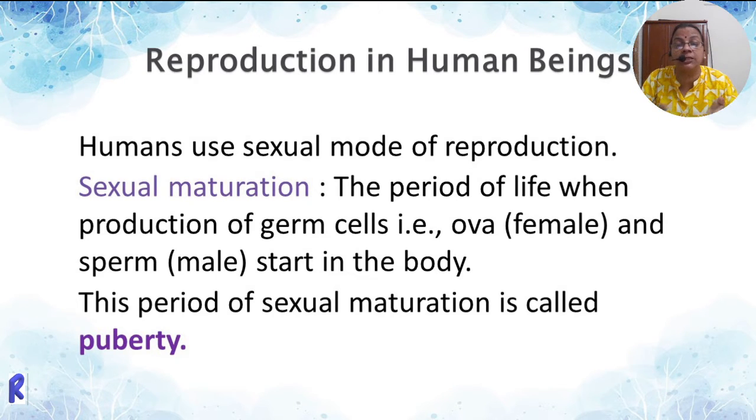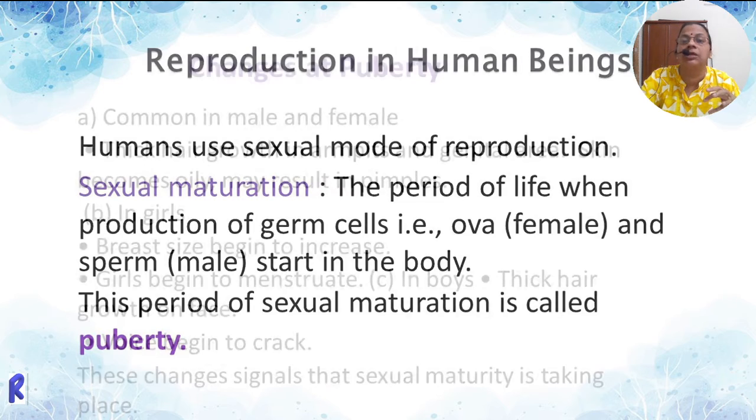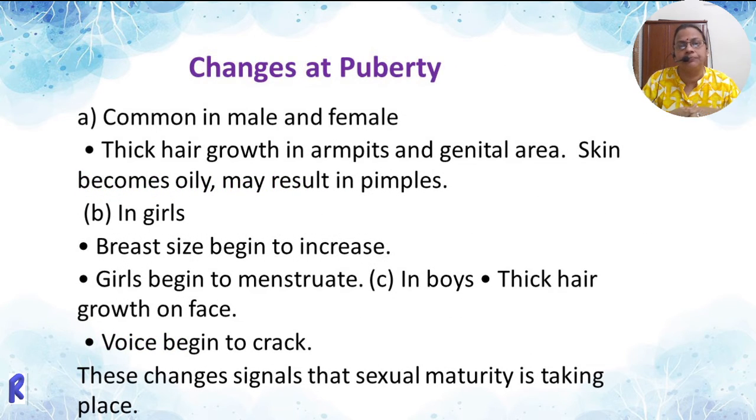That transition period of transforming from a boy to a man, a girl to a woman is called puberty. From that pubertal time onwards, in the man, the reproductive structures, the testes, will produce the sperm, the male sex cell or male gamete. The woman can produce the ova within the ovary. So the period of sexual maturation is called puberty.